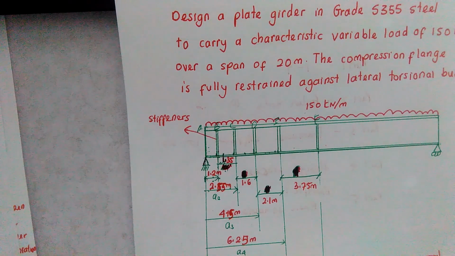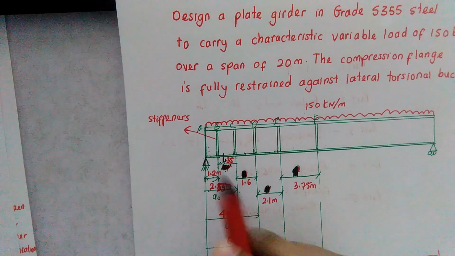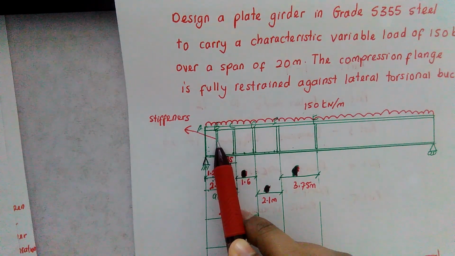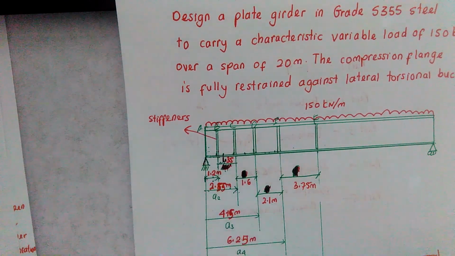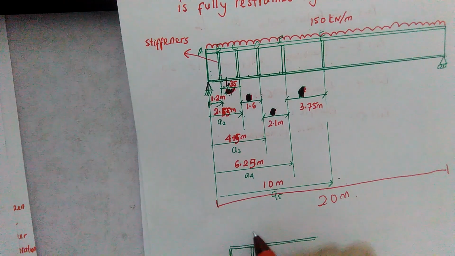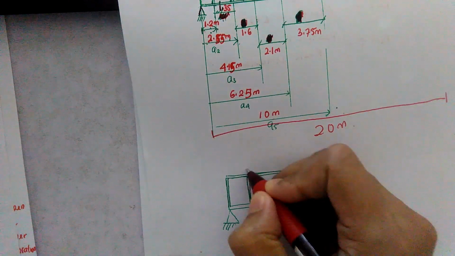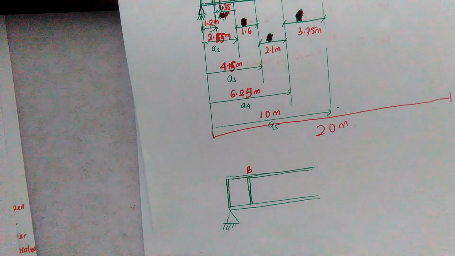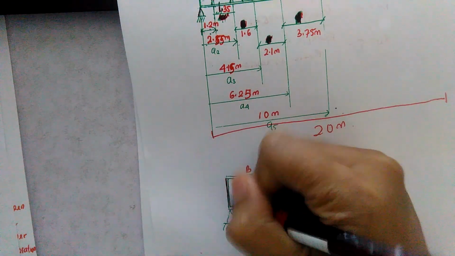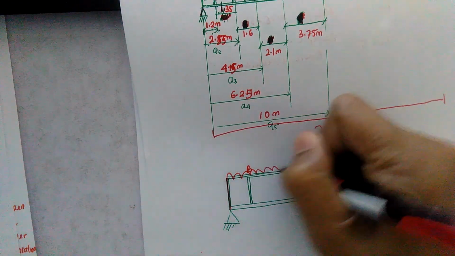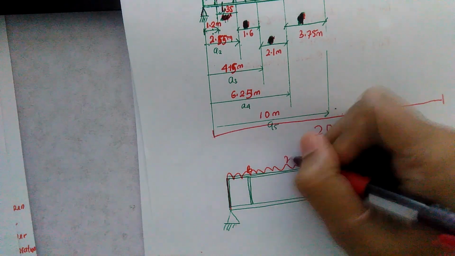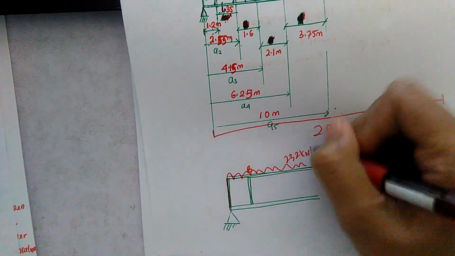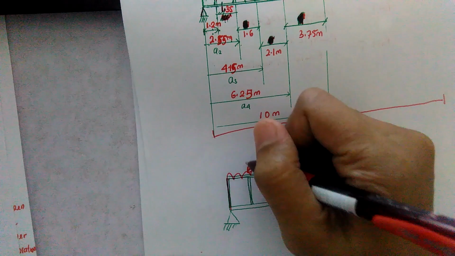We now know the load that should be carried by stiffener B. Imagine this is stiffener B. So here we have 232 kilonewton per meter, and then the load that should